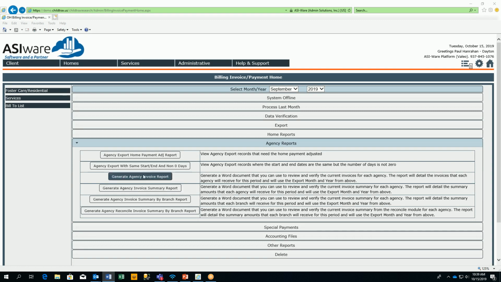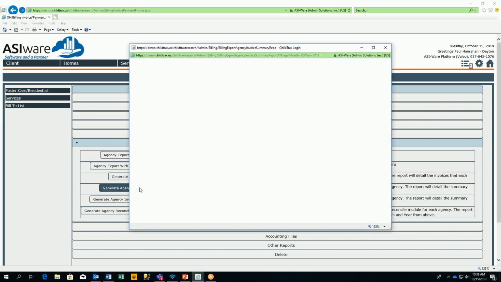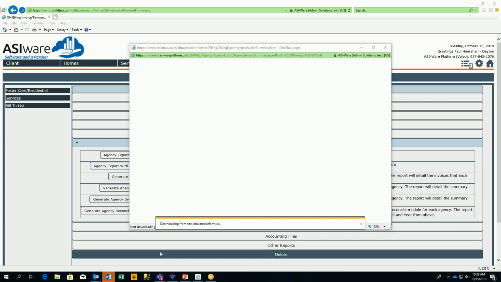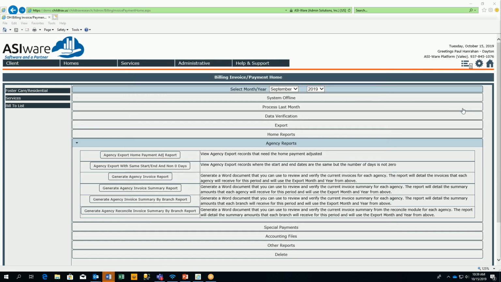Then you may not be interested in all that detail for your accounting system. If not, then you can get a summary report. So let's look at this. This is the standard summary report. This one will be sorted